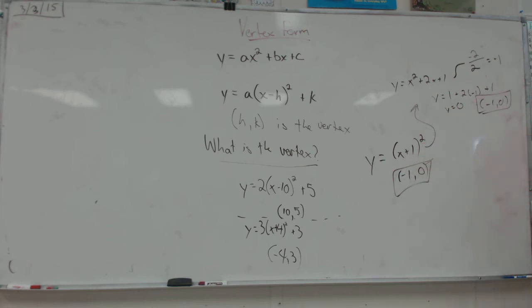Is there a way to turn the quadratic form into the vertex form? Yeah, and we'll talk about that probably tomorrow or the next day. For now, I just want you to learn what this formula looks like. So this is very useful. It's really easy to get the vertex, and then from there it could be really easy to graph that as well. And that's it. That's vertex form. Any questions about it? Oops, I'm totally off the